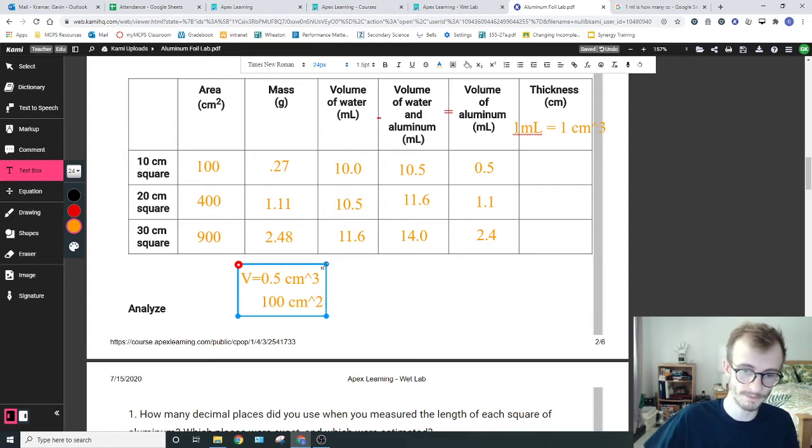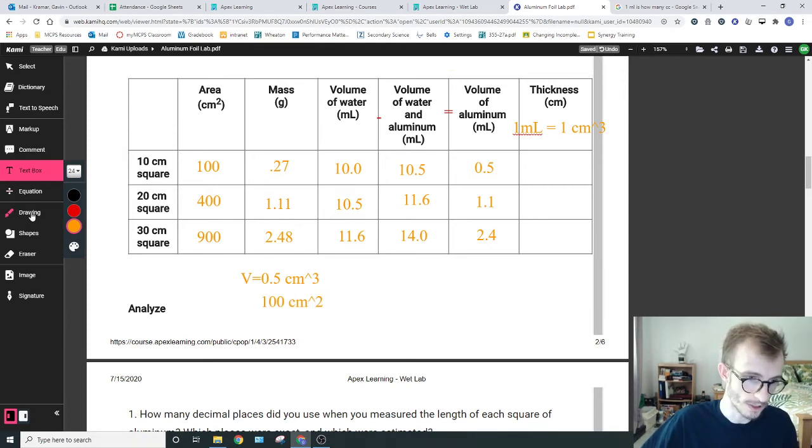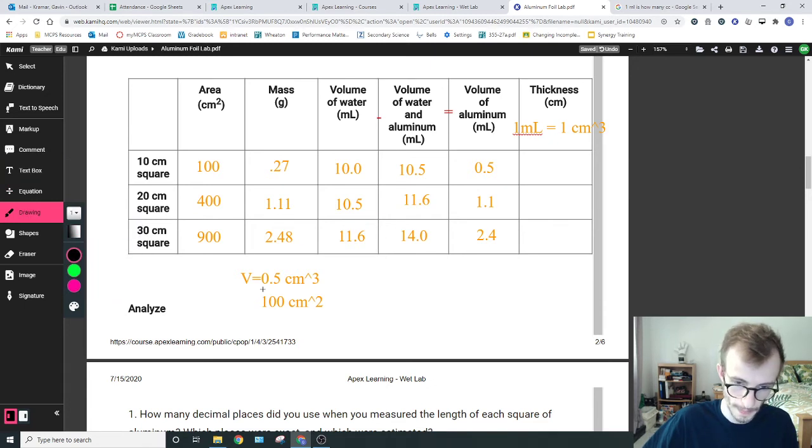Let me just draw a little dividing line here. There we go. So if I do this division, the centimeters squared will cross out, and the centimeters cubed will eliminate 2 of the 3, so then it's just 1 centimeter. So then when I divide these 2 together,